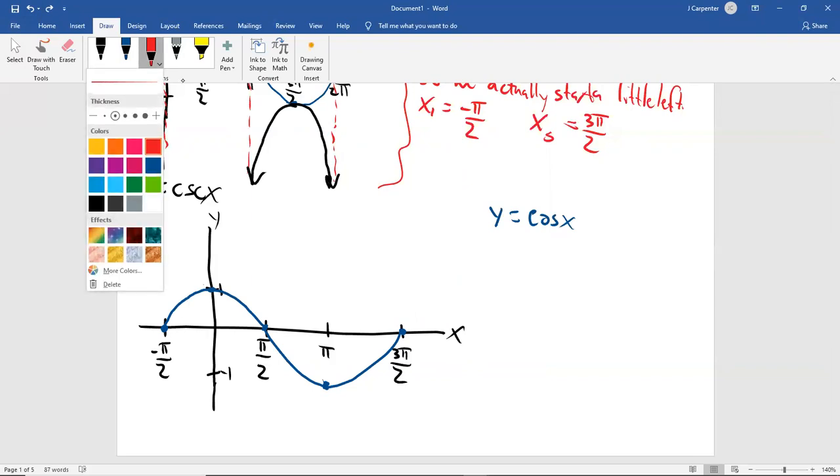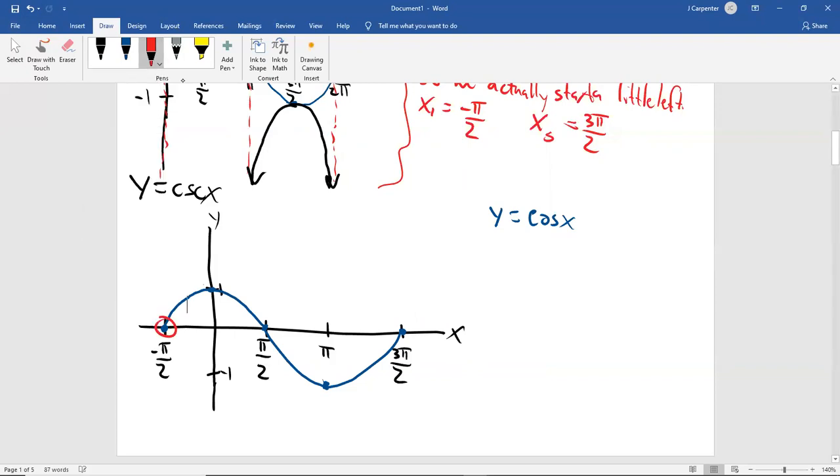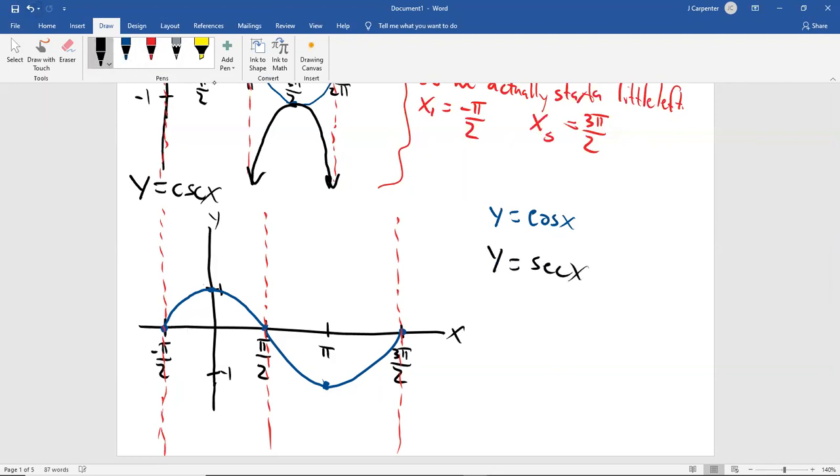So we know there's asymptotes at every location where it's 0. There's a 0 here, here, and here, which means the reciprocal function has asymptotes at those 3 points. Asymptote, asymptote, asymptote. So in black, I'm going to be doing y equals secant of x. We draw points at the peaks and valleys. We draw amplitudes wherever the reciprocal function was 0. And then we just make those, quote, parabola-like shapes